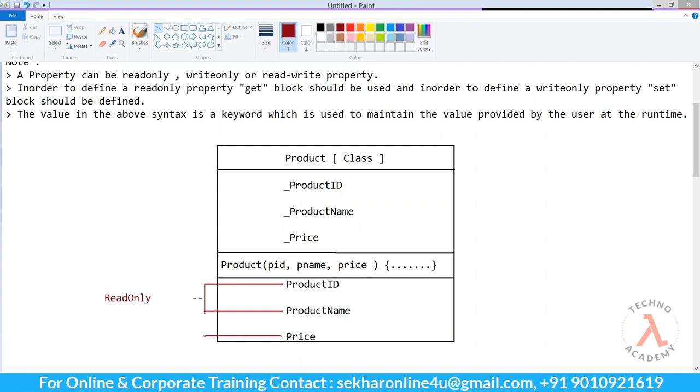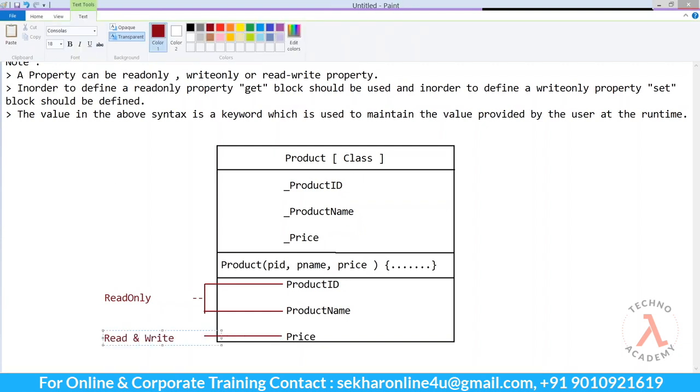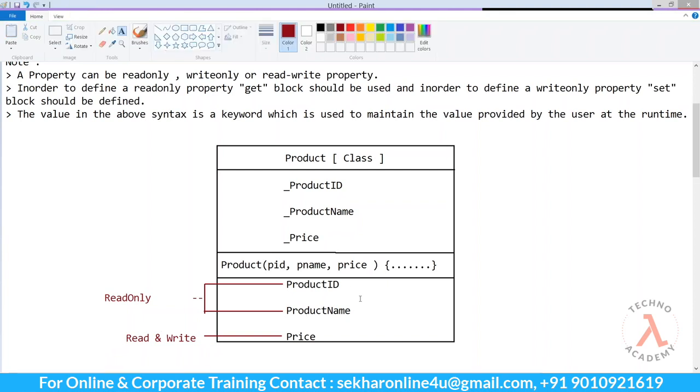And since the price will be changing, we need to define that as a read and write property. In case the price is a fixed price, then we might have defined that property also as a read-only property. Now, based on this requirement, let us build our demo.